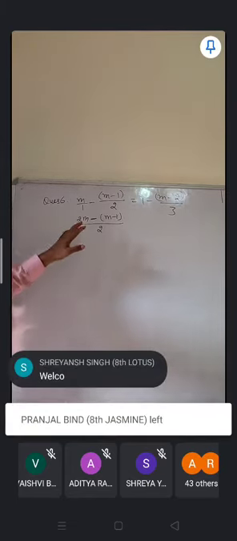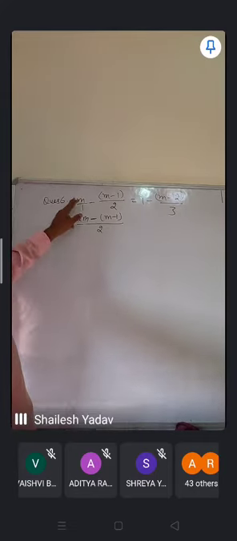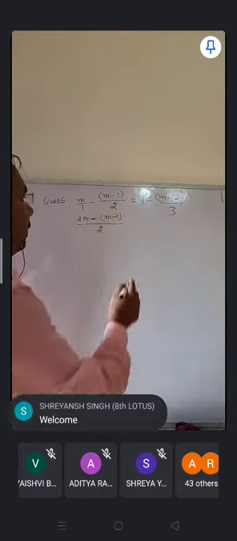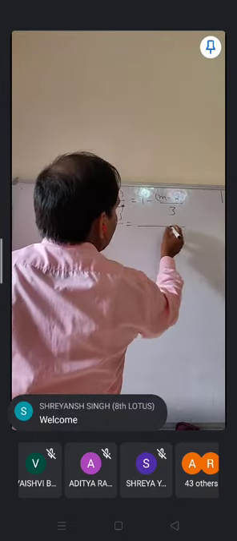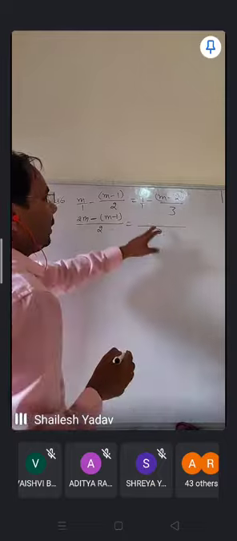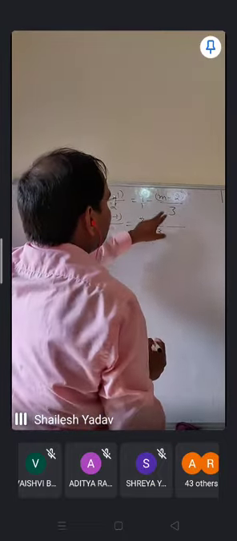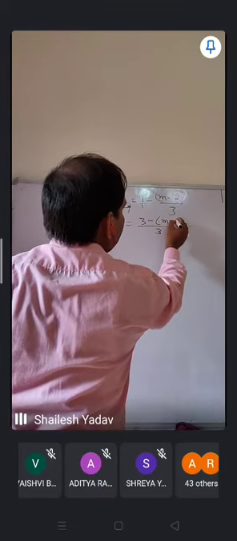It is similar to the addition and subtraction you do with numbers, and you follow the same. So for 1 and 2 you take the LCM: 2 into m is 2m, here it is minus, and 1 into (m minus 1). Now here what will be the LCM? That will be 3. Here 1 means 1 upon 1. So 3 times 1 is 3, minus, and 1 into (m minus 2) will be m minus 2.